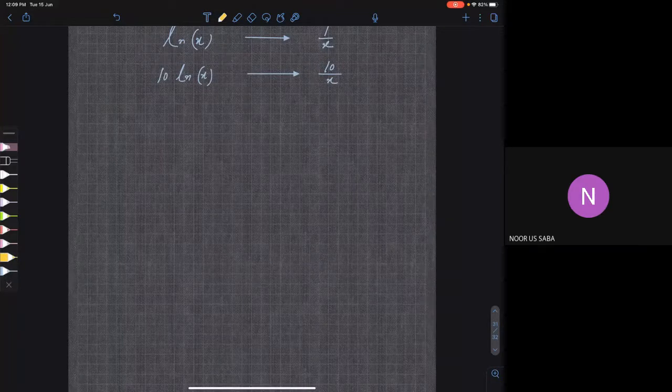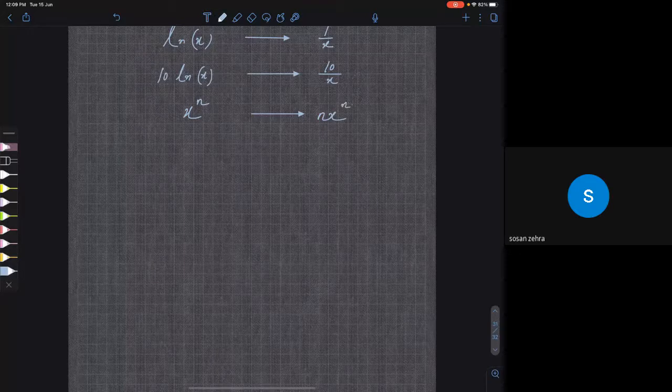You just answer me. Okay, last question before going. What is the derivative of x power n? So n x to the power n minus 1. Agreed? Yes, sir. So based on this formula, you can write the formulas of so many other derivatives.